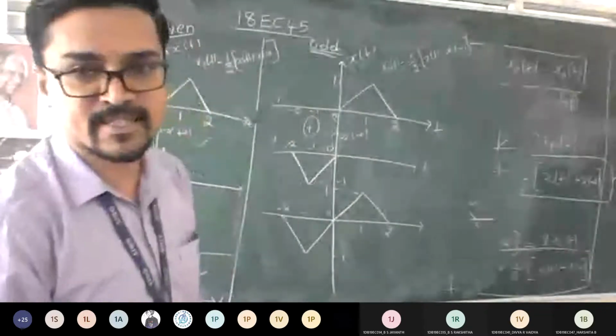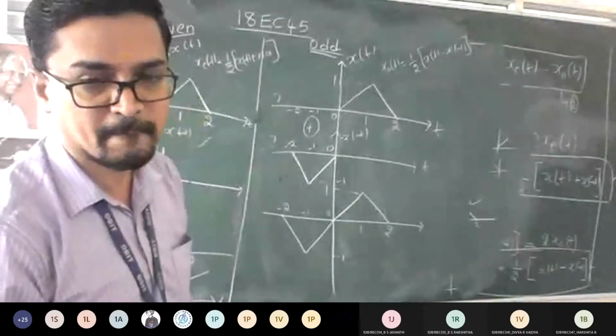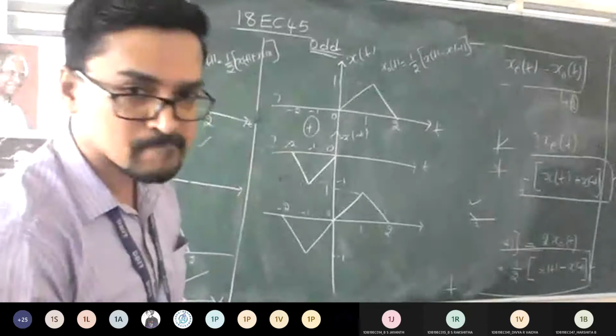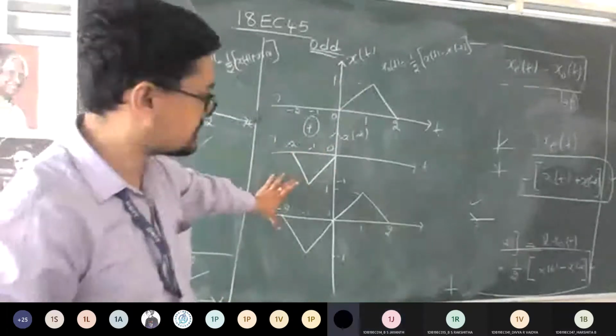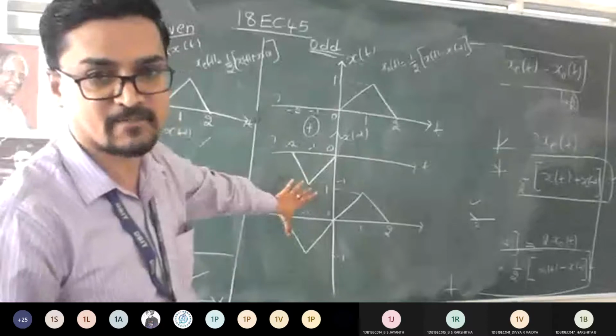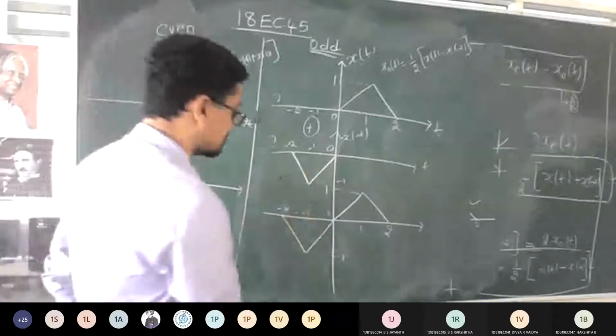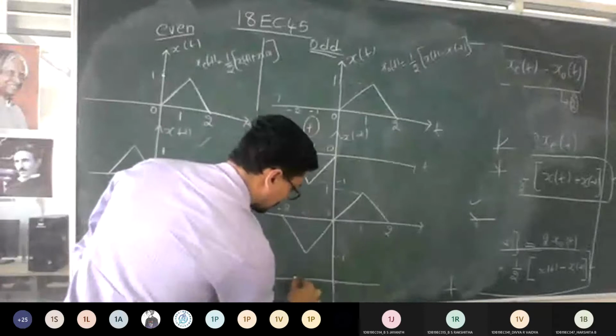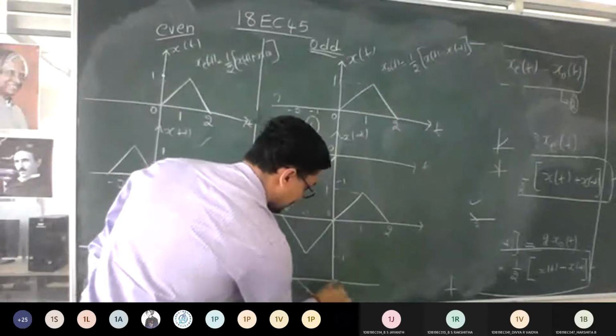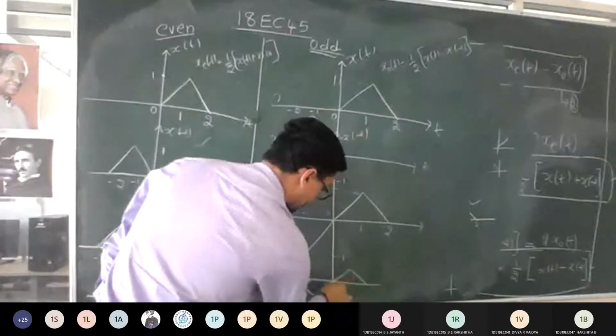Over. What's the next thing I want? I want to do what here? Reduce that by half. Because the formula for amplitude says half of this, your x of t plus x of minus t. You take half of this. So if you take half of this, you plot one more graph. I will write it small. It looks like this.